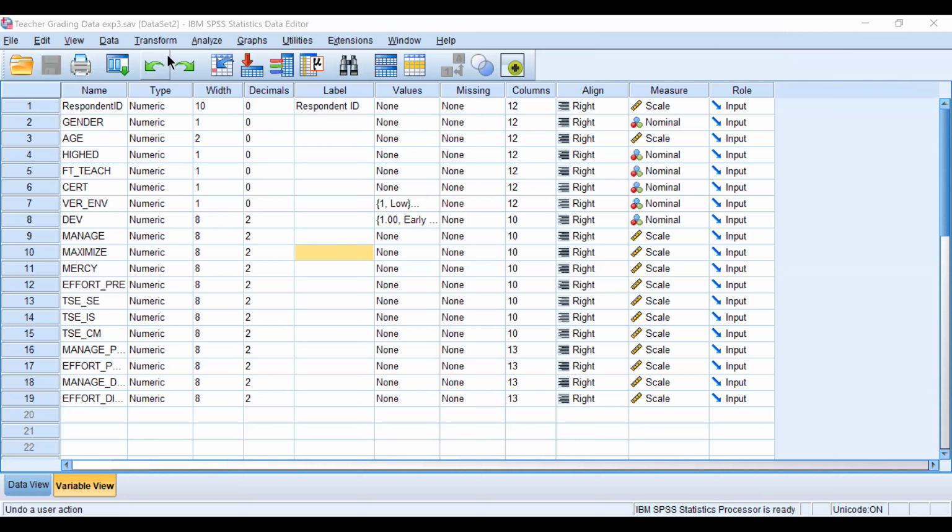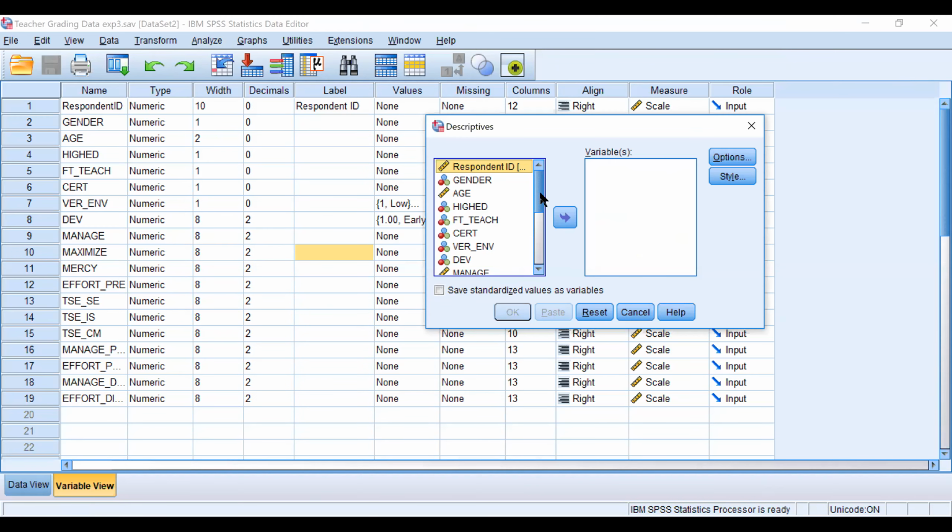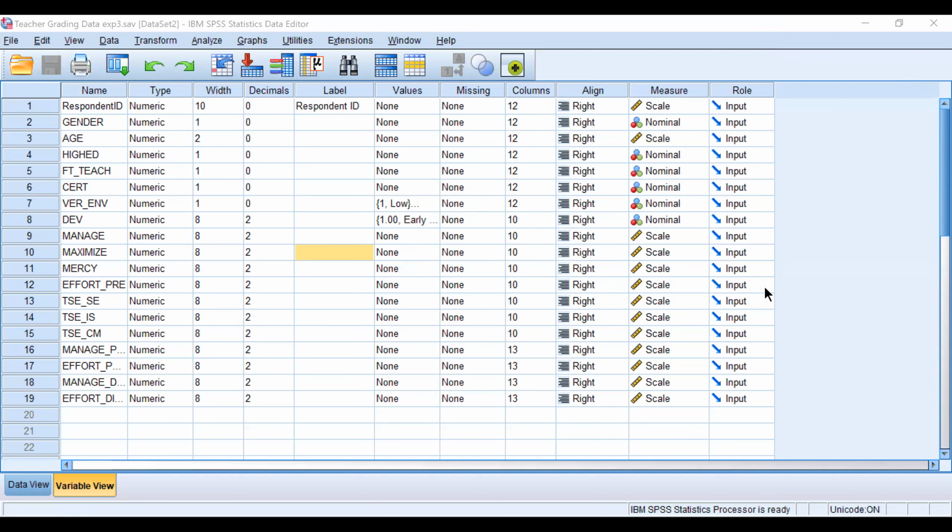Just to look quickly at our sample size, this is a meaningless report, but everybody has a descriptive ID. There are 288 cases, at least started into this data set. We recorded their gender, their age, their highest degree of education, whether or not they were full-time teachers, whether or not they were, I believe, pursuing certification. Their ENV